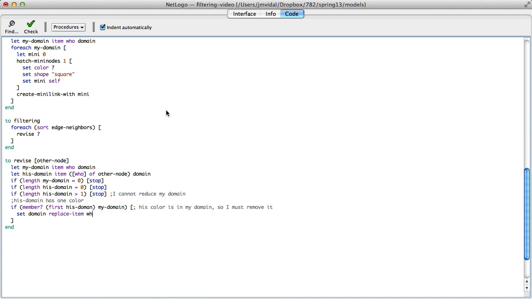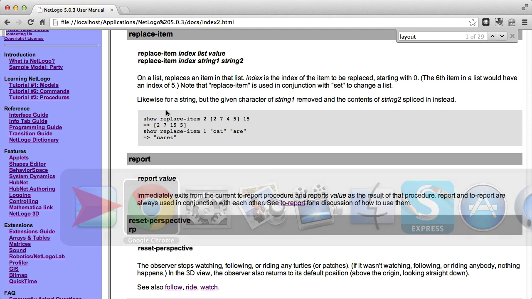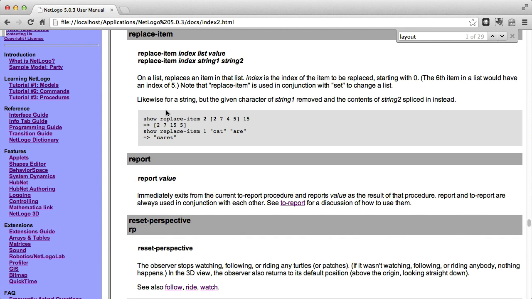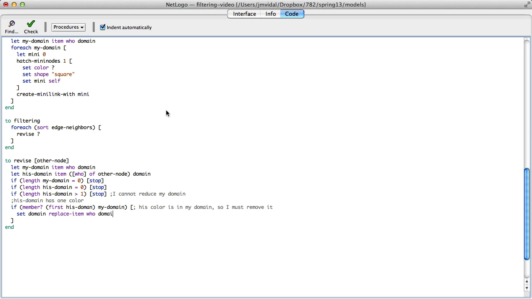So replace item, the index is who, because it's my domain. The list is domain, so I want to set my domain to a new version of itself, and the new domain is going to be remove,